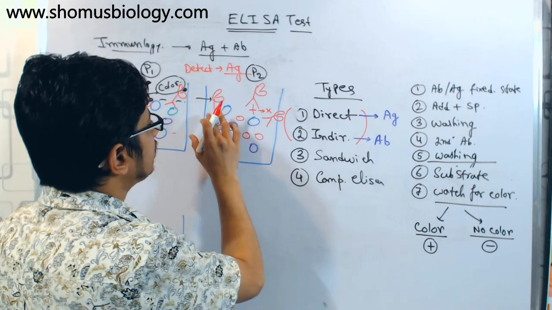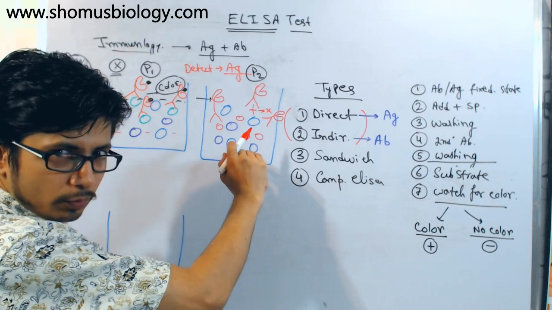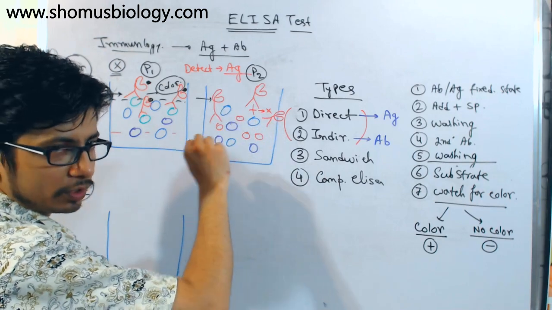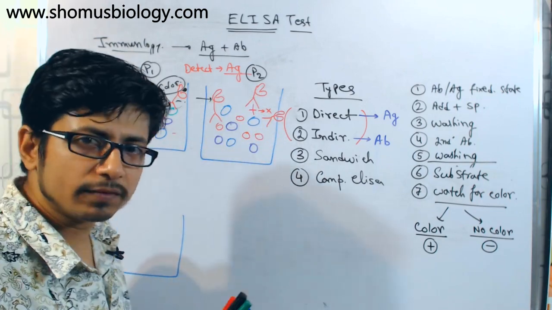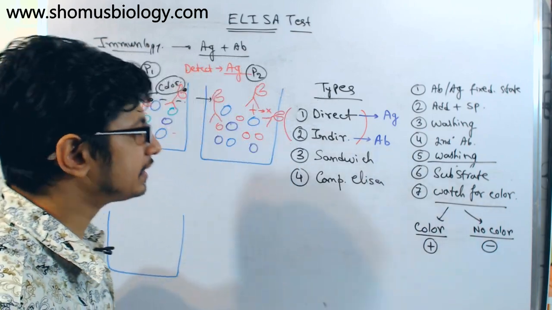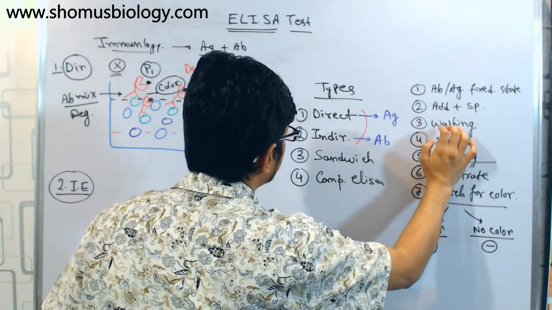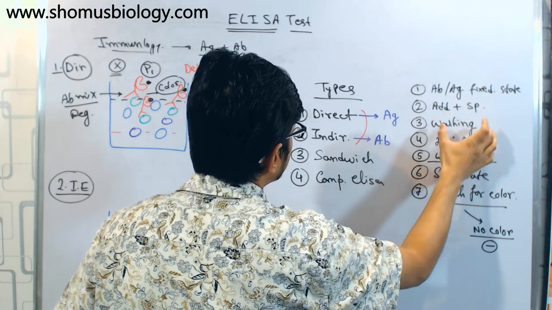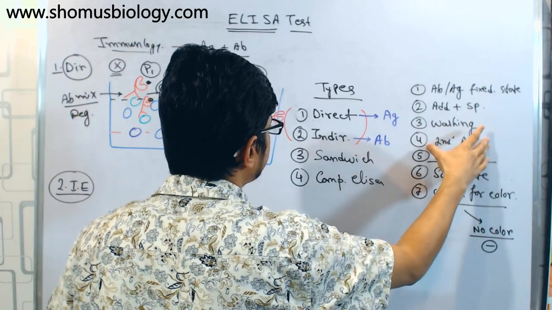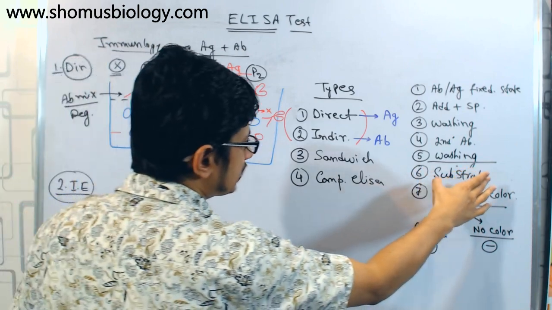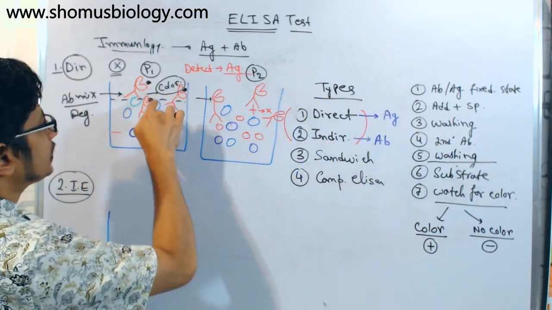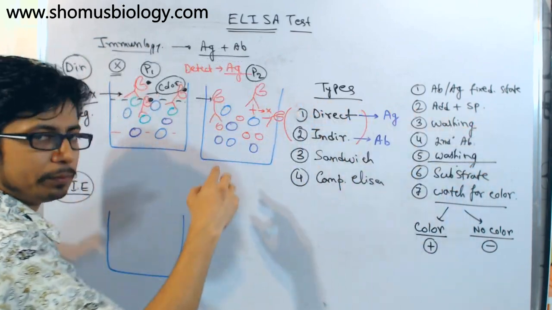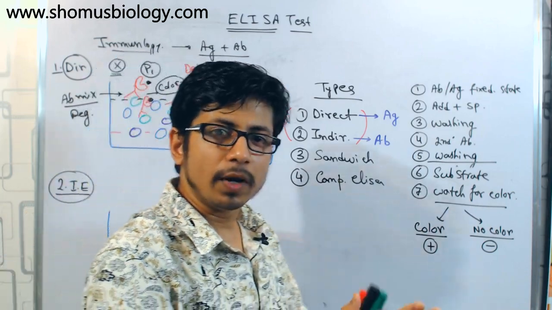Another reason is that if these antigens are fixed to the well and then we add the antibody, but there is no specific antigen found in this sample or specimen, the antibody cannot bind with any of this antigen because there is no specific interaction. As a result, when we do the washing stage, very very important, remember: fixing of antigen is the first step, then addition of the specimen, after that we wash, after that we may or may not use a secondary antibody. In this case we don't need a secondary antibody, we simply add the substrate. In this case the substrate is converted to the colored product; in this case the substrate failed to convert to the colored product because in the washing stage the added antibodies are removed.